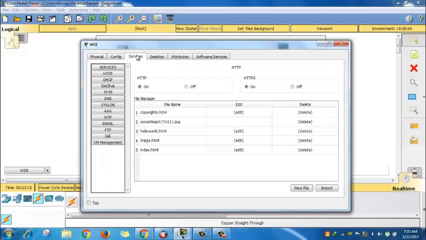Then when you come to the services and we locate the web server, we need to ask ourselves now, when you look at the application layer protocols from the OSI reference model and the TCP reference model, you find that the application layer protocol for web is Hypertext Transfer Protocol, because that is what we use in our browser to access any site. So when I click on my HTTP,